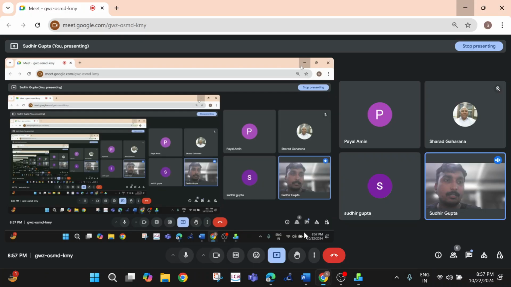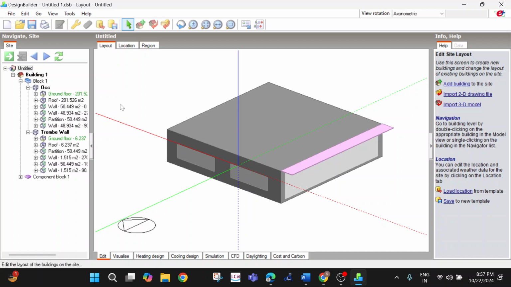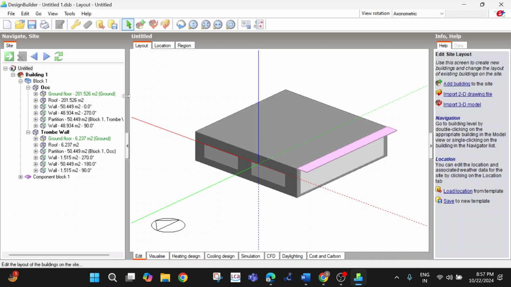Thank you, sir. I have one question. If we are going for green building certification, do we have to submit all the calculations from this software? Yeah, you can utilize this software as well, or if you are not comfortable with this,